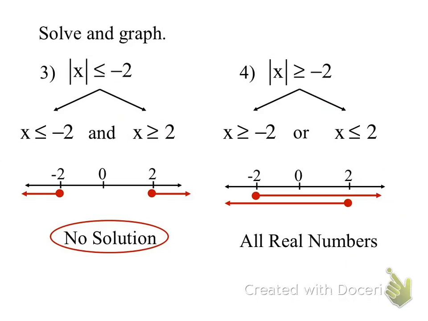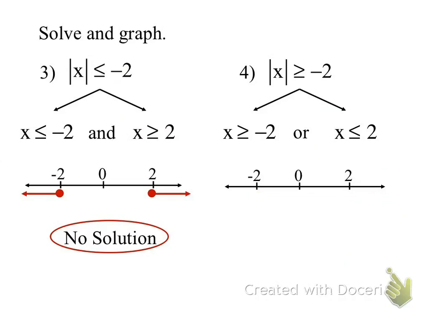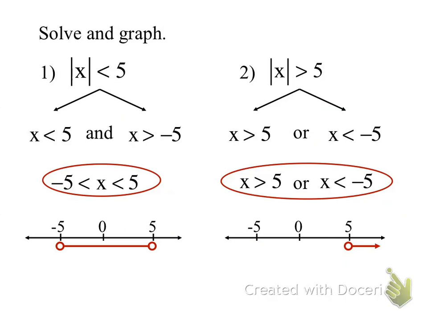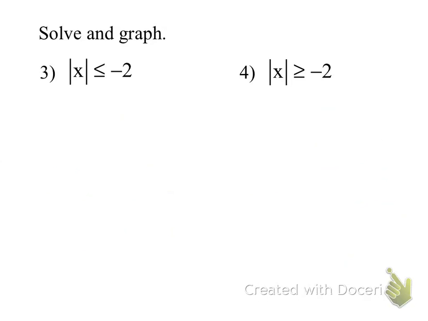Now, let's go back really quick and look at the bigger picture. Here I'm saying when I have absolute value that's less than a positive number, this is what it's generally going to look like. Where it starts and ends may be different. When absolute value is greater than a positive number, this is generally what it's going to look like. But when absolute value is less than a negative number,